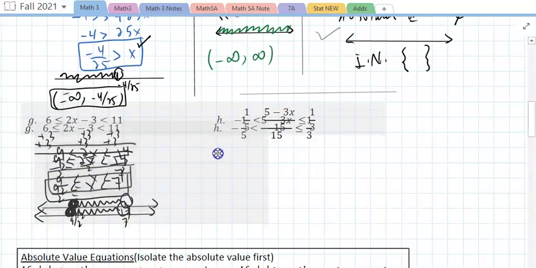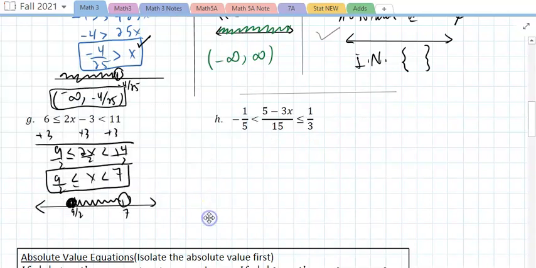Let's see if that's gonna work. Not bad, it did. And that would be 9/2 to 7. Again, double inequalities with x, provided they're pointing in the same direction, indicate that x is between